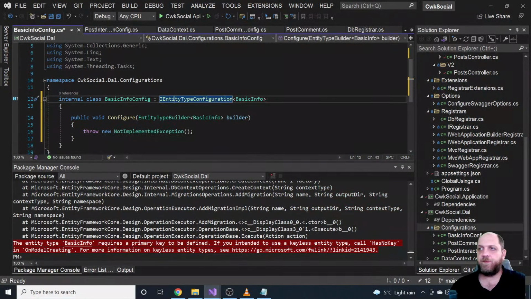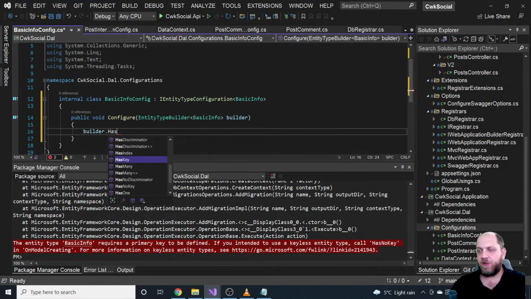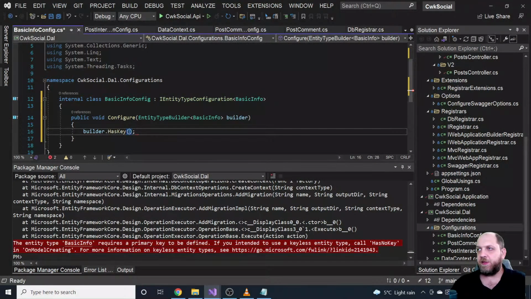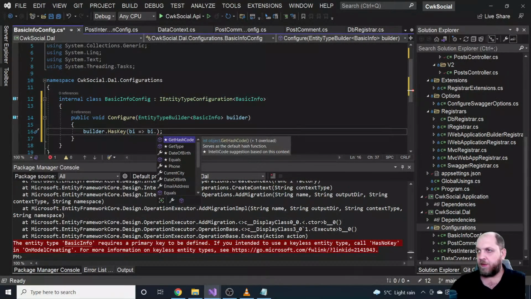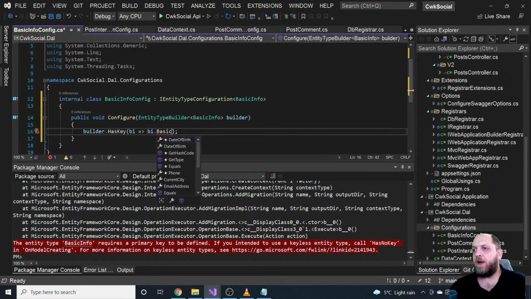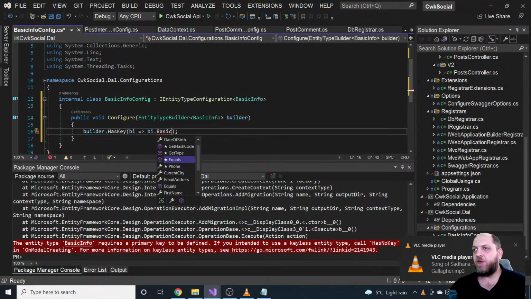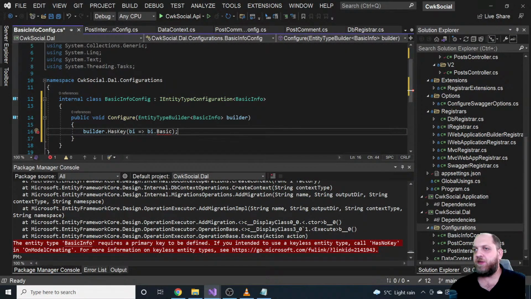Implementing interface, and here we'll do once again builder.hasKey. And the property that should be a key here is, this is a basic info, so BI in this description, and we'll use the basic info. That's actually quite interesting, because for the basic info, we actually don't have an ID, because basic info is a one-to-one relationship with